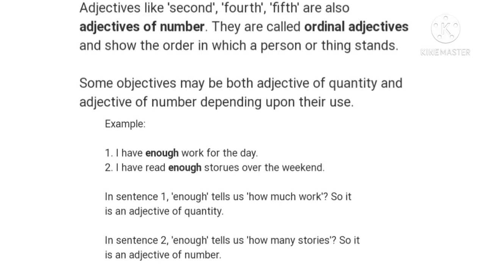And also 1, 2 are called the cardinals and first, second, third, etc. are called the ordinals. So, an adjective of number answers the question how many. Don't get confused between adjectives of quantity and number, because quantity says about how much. It answers the question how much, and adjective of number answers the question how many. Done, children? Let's have a few differentiations and see the use of adjectives of quality and quantity.